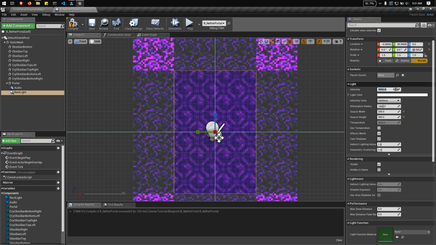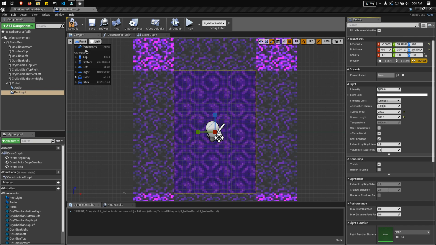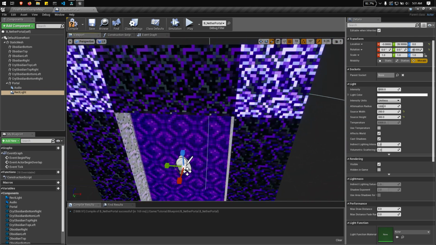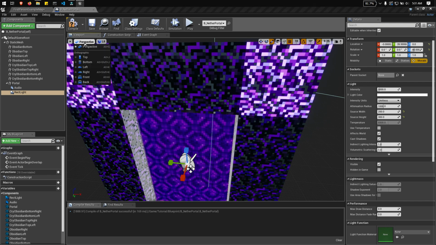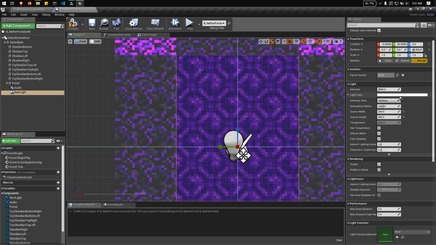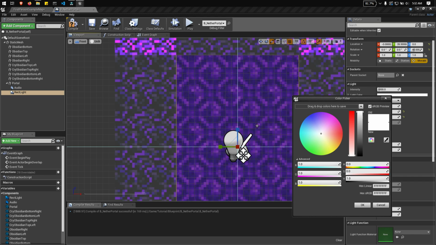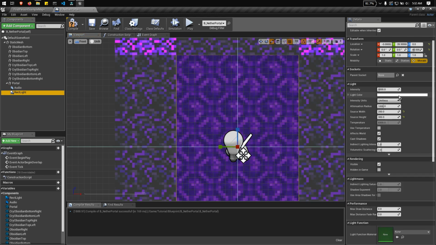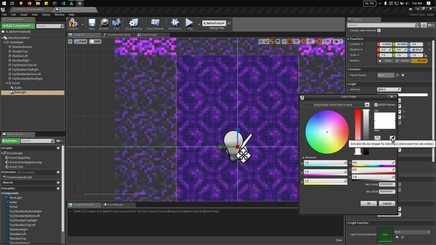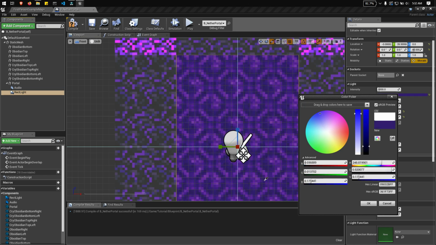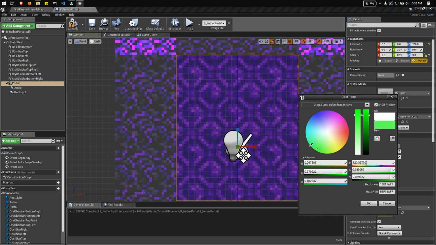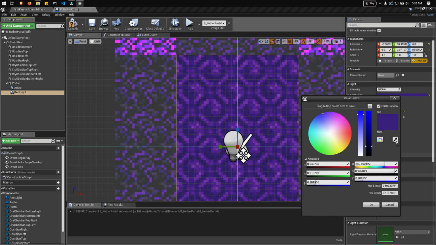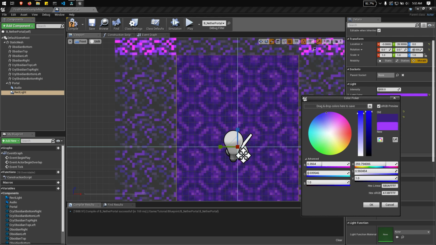Let's check first the light color. Let's look for the best light color for our portal by changing this. Let's use the eyedropper. Let's look for the best color. Maybe this one.